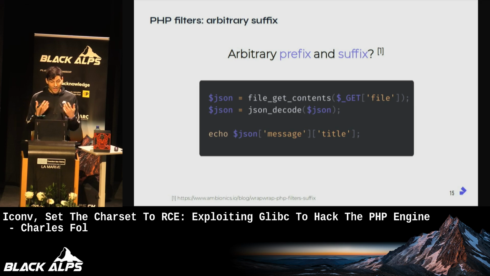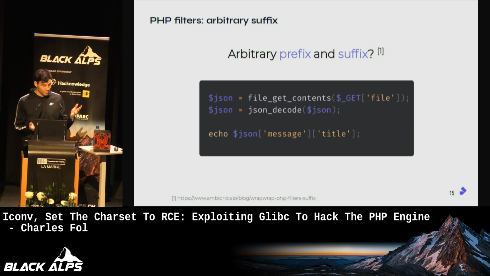And people have actually been using all these filters to do really funny things with PHP files. And myself, what I wanted to do was try and see if we could add from a given file an arbitrary prefix and suffix to the files so that we could make it look like something else. The idea is that if you have a file read primitive such as this one, where the file is then going to be parsed as something, for instance here it's parsed as JSON, if you read /etc/passwd, obviously it won't work. But if you can transform the file using filters so that it looks like JSON, well, you're going to be able to read any file